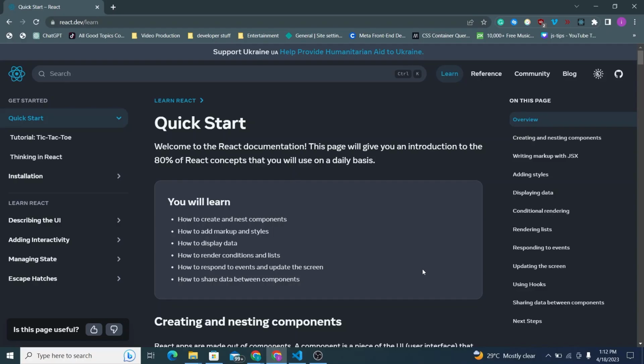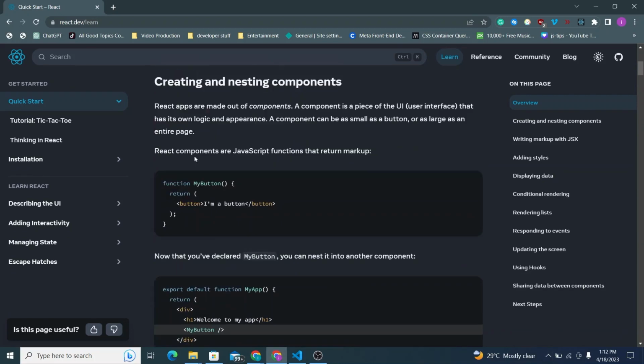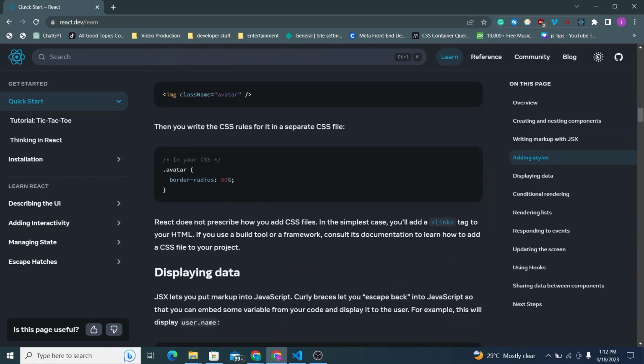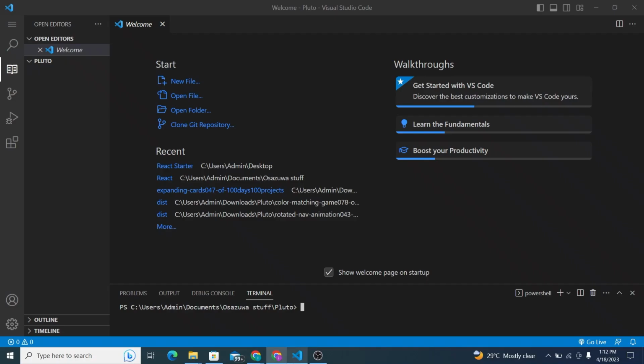So let's get started with our React application. First of all, we're not going to create React app using the default CLI because nobody really does that anymore. So what we're going to do, I have my folder called Pluto. It's pretty random. I just like naming